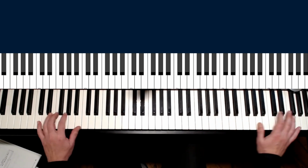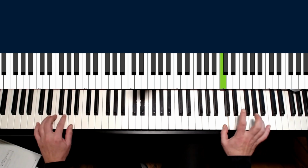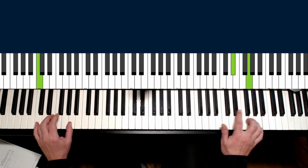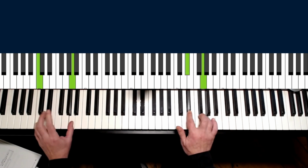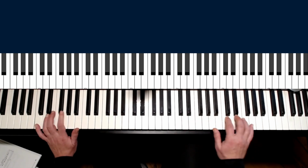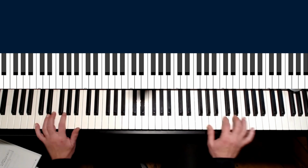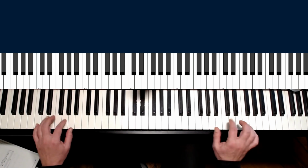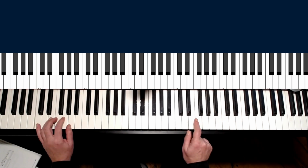Okay, we've come from 1 and 2 and now look. Butterfly, I always mean this one. 1 up and down. 16th triplets. And we have our thirds again. Okay? So,